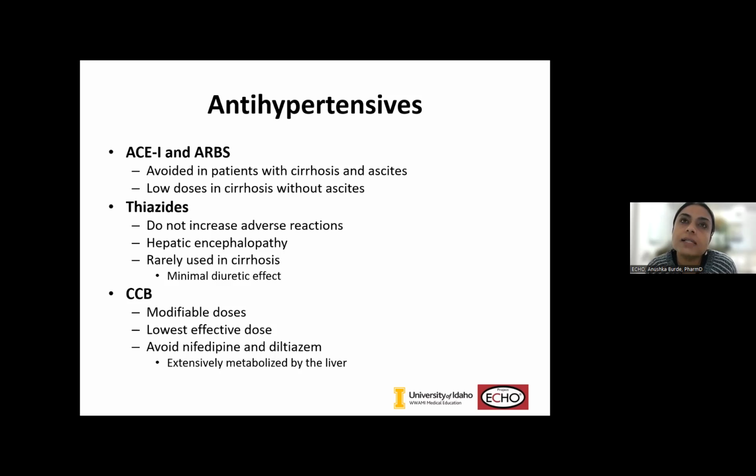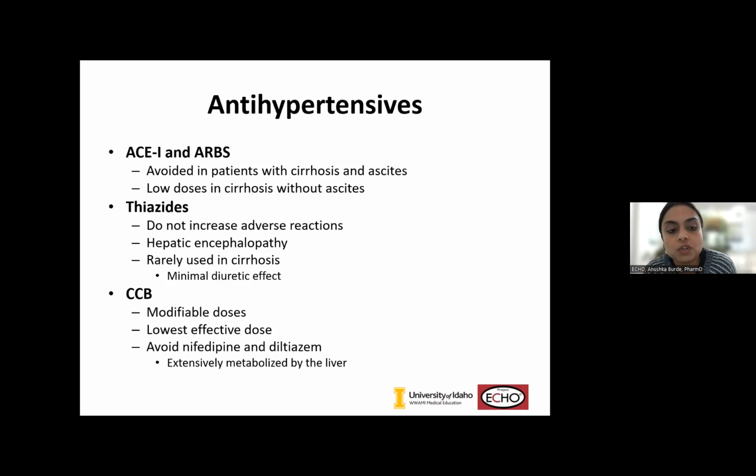However, thiazides affect the electrolytes and can cause something like hyponatremia or hypokalemia, which is thought to result in something such as hepatic encephalopathy. And then thiazides should really rarely be used in cirrhosis, because they are not really great in terms of diuretic